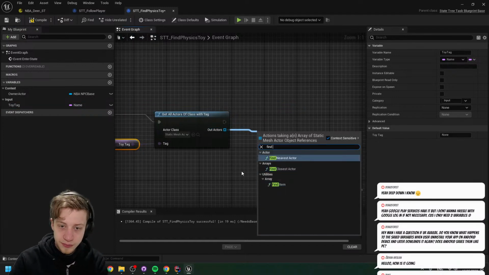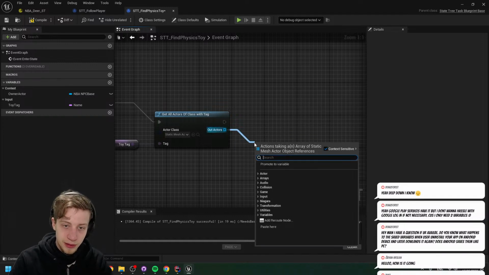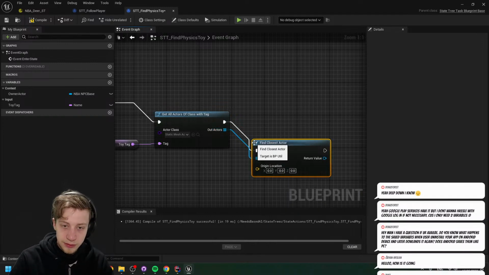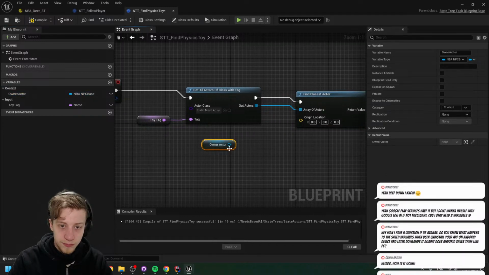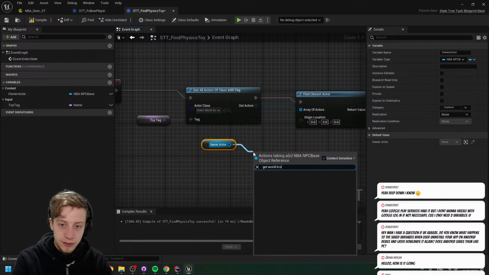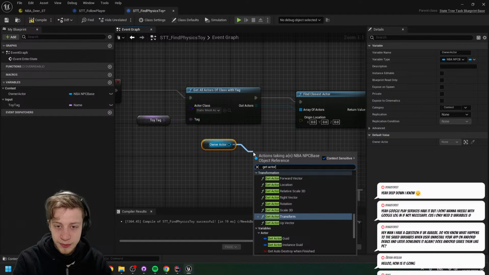Find nearest. It's gonna return me actor? No, it's the same nonsense that I have here. So it's the same function that I wrote. Our origin is of course our get world location. And we can just get actor location, right? Let's not be silly here.